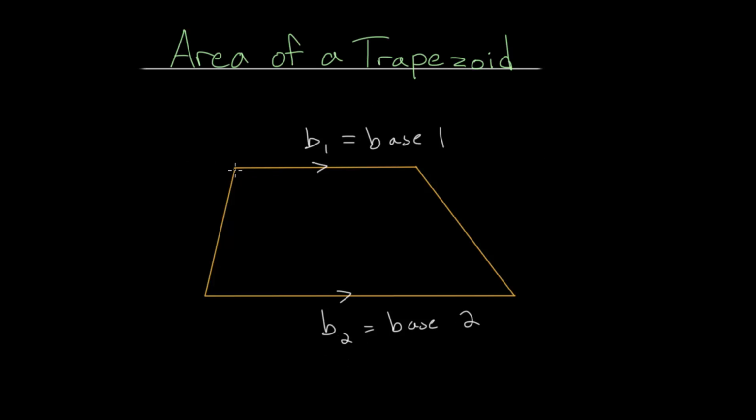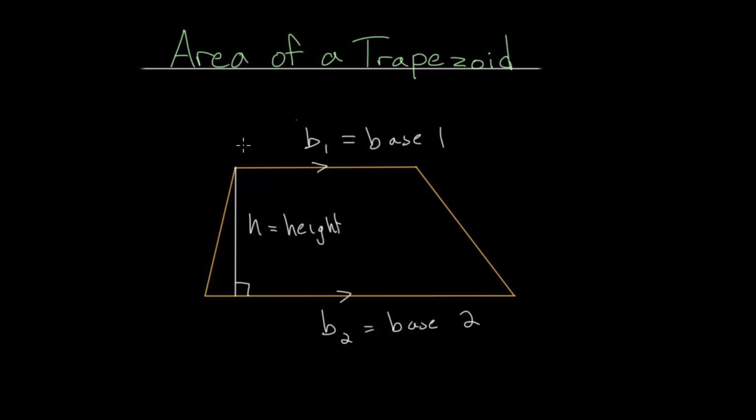And we also need to know the height of this trapezoid to find its area. So let me draw in a vertical line, and you can draw this from any point on this base downward, but we're going to split this into a triangle anyways. So this will be at a right angle. It's going to be perpendicular to these parallel lines, and we can call this h for the height of our